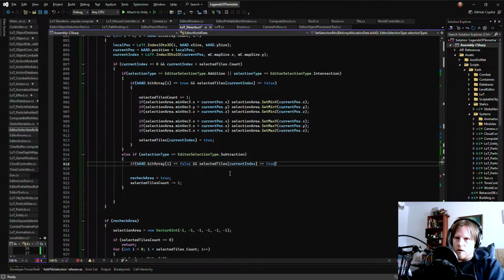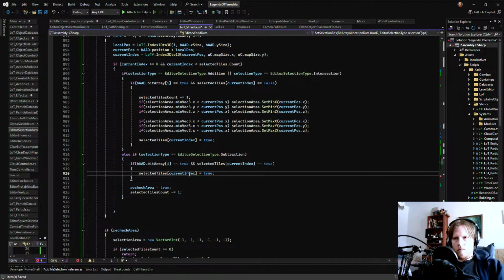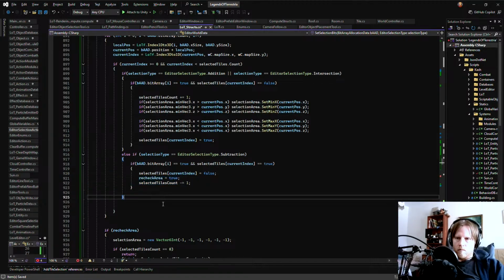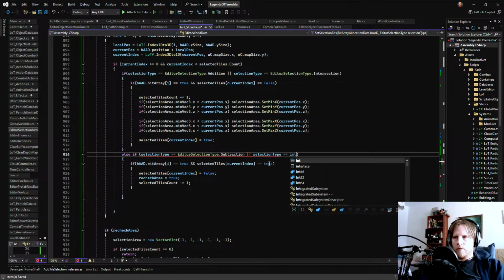But then this needs to be changed here. But this should also be or intersection.